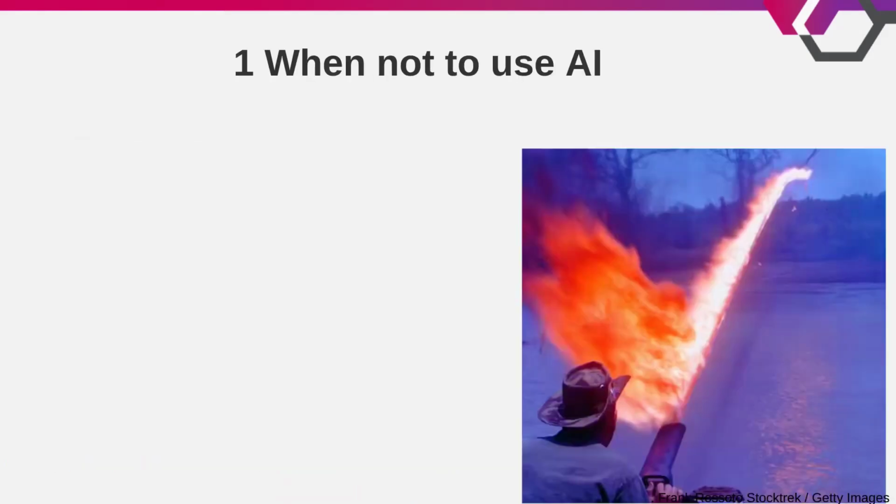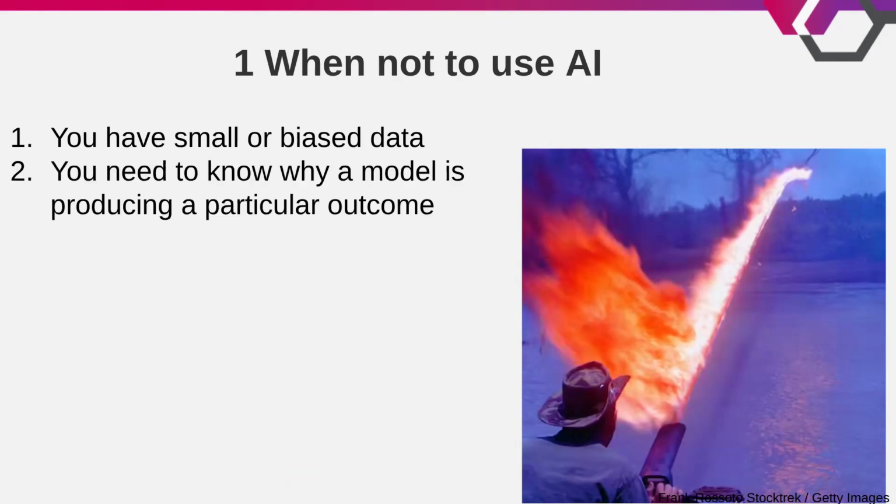And one other comment is that using AI should not be a default. If you have small data or data that is quite biased or imbalanced, it may not be relevant to do that, because you need to know why a model is producing a particular outcome. If we can't find information about the mechanism behind the differentiation between group A and group B, biologically, that